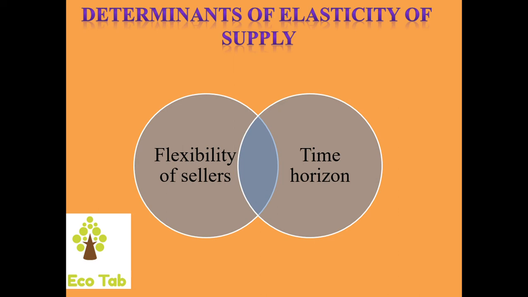Consider supply of crude petroleum. In the short run, it may not be possible to increase the production of crude petroleum with a sudden increase in its price, but in the long run, with the use of new technologies and new machines, a firm can hire more employees and their production can be increased. इसीलिए शॉर्ट रन और लॉन्ग रन का भी बहुत इंपॉर्टेंट रोल है।